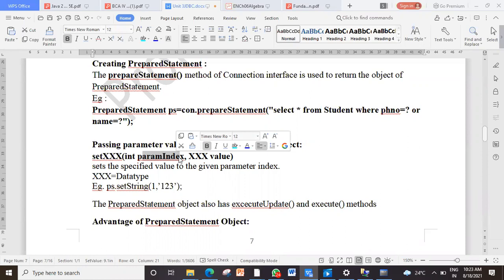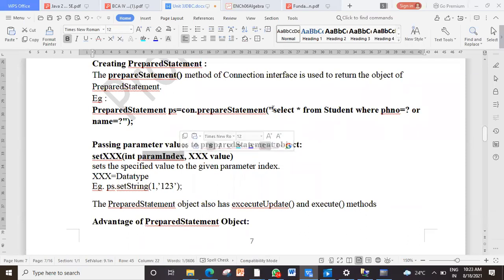In advanced Java at least you will have this and this. Two events associated with one component, this and this. So two parameters are there. First one's answer is this, second one's answer is this, something like that. So that parameter number is passed as the index.